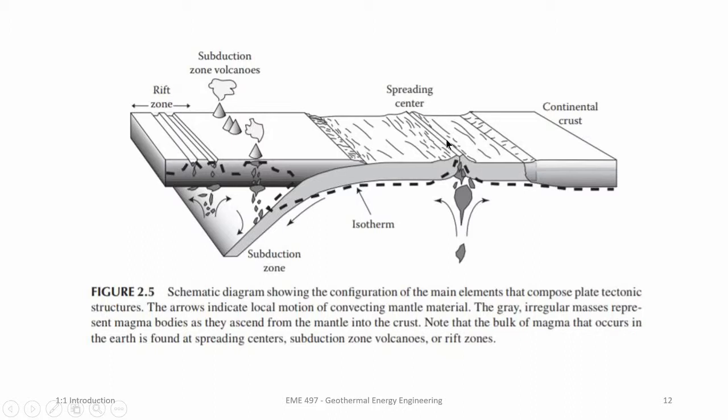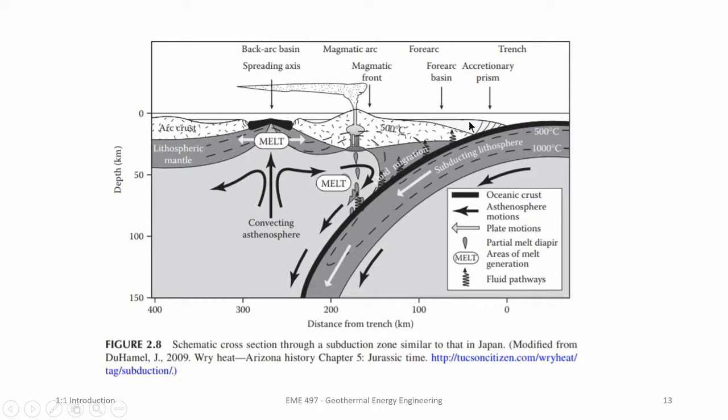Here's a rift zone, which is similar to the spreading here, but this would be on a continental plate like the Great Rift Valley in Africa. And same thing, as plates spread apart, it causes liquid magma to fill in the gap. Here's a close-up of a subduction plate. See, there's this plate moving to the right, this one moving left, and it causes one to go under the other. The grinding between the two plates causes a lot of energy. This is where you find volcanoes, and also lots and lots of earthquakes. And this friction creates liquid magma, which creates higher pressure, and it's released through volcanoes or other things like that.